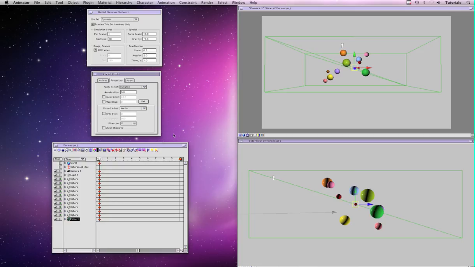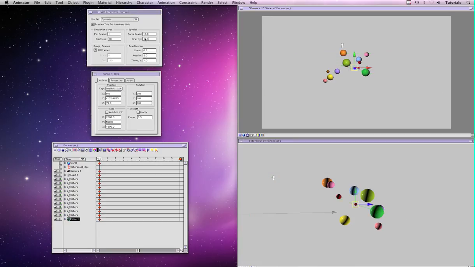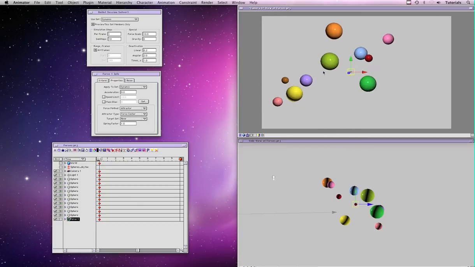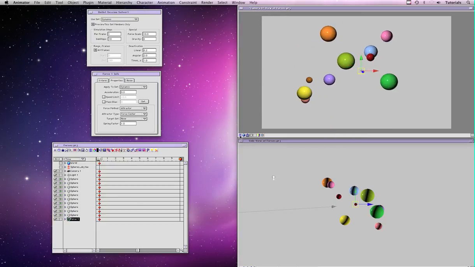The next force I'll show you is the attractor force. So I'm going to turn off drop off for now, and I'm going to turn off gravity as well. And then in the properties tab for this force, I'm going to change it from vector to attractor. Now I'm going to zoom in slightly, so you can see these objects are kind of spread out like this. And if I then just run the simulation,